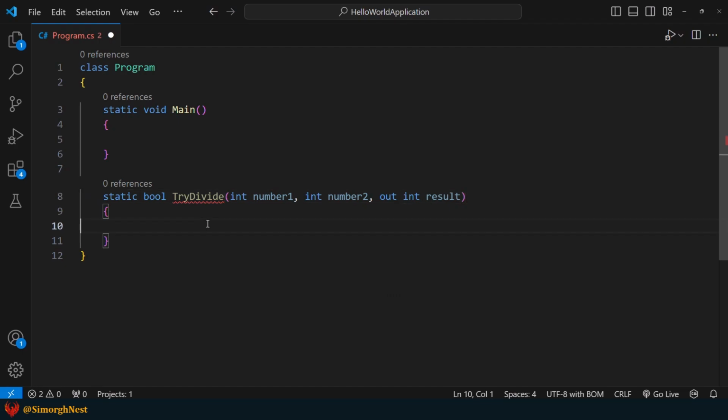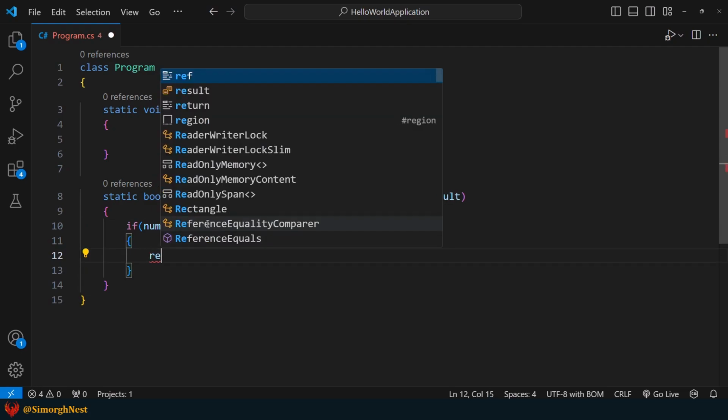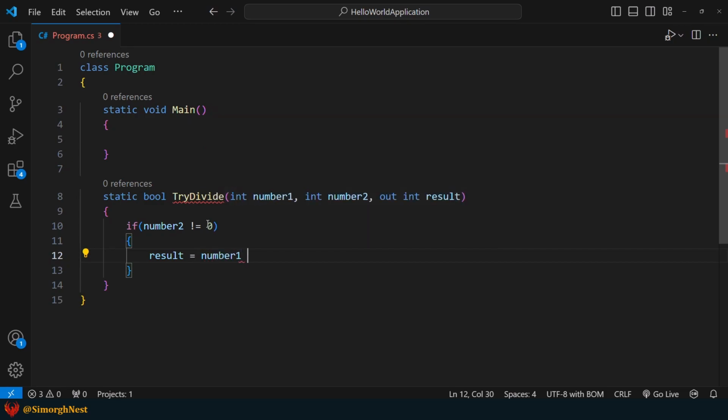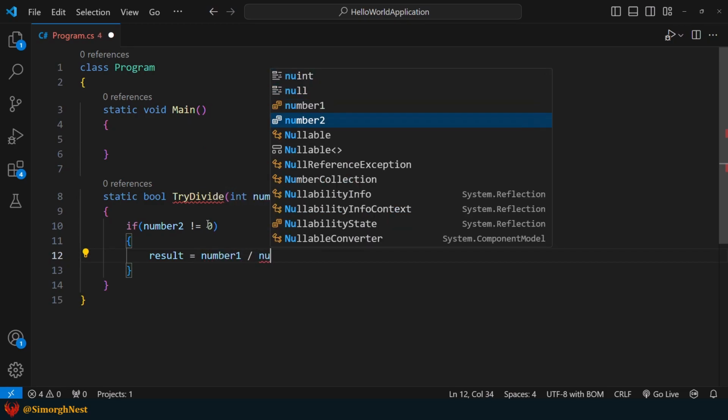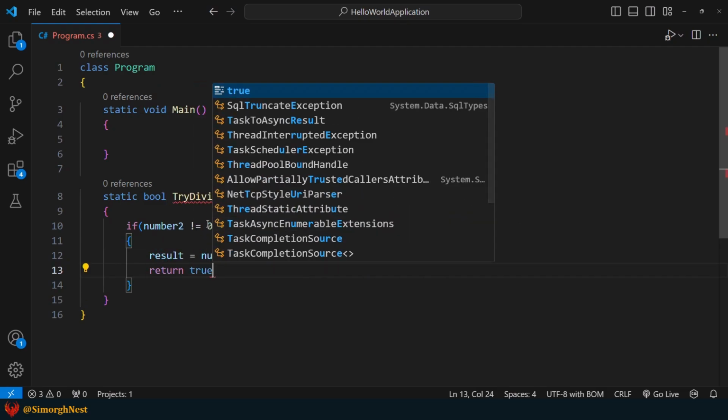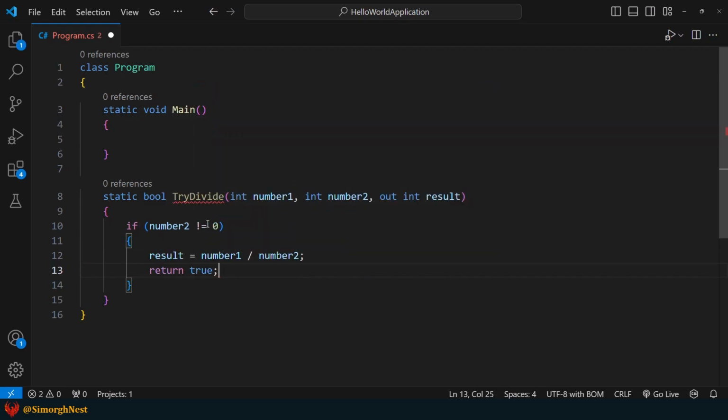Inside the method, the first step is to check if number 2 is not equal to 0. If it's not 0, we'll assign the division of number 1 by number 2 to the result parameter and return true. However, if the division operation would fail due to a 0 value in number 2, we return false.